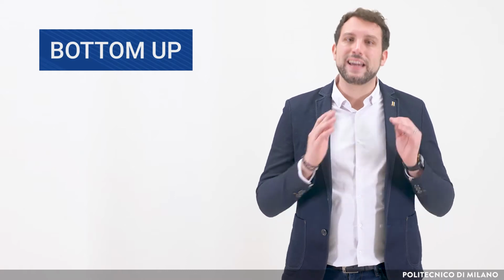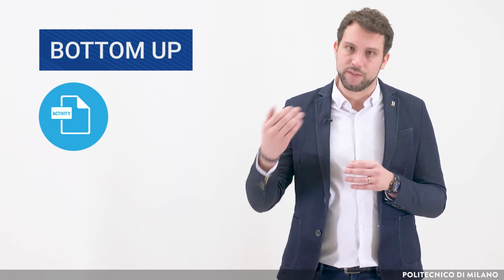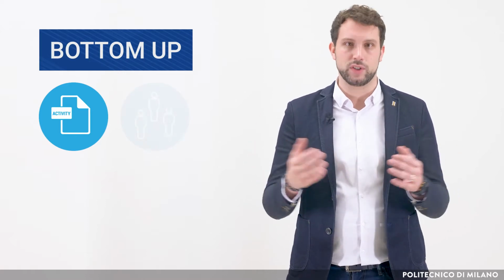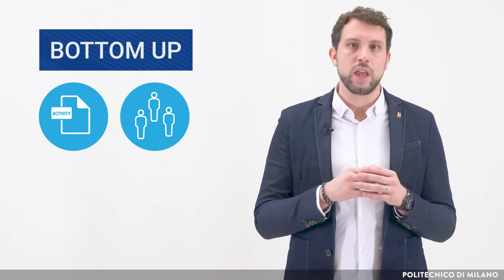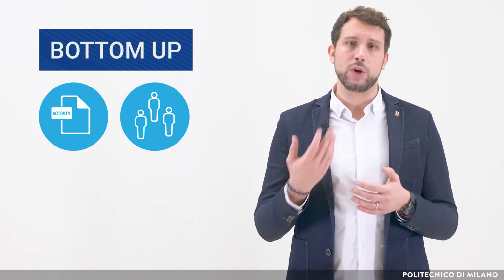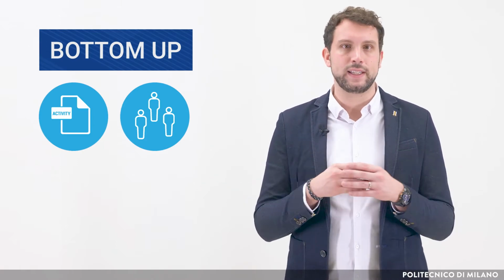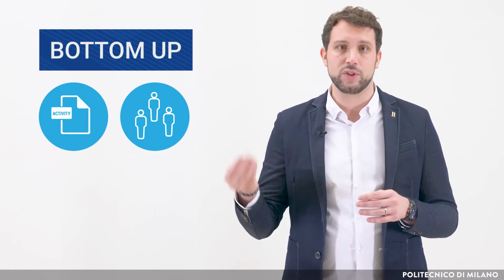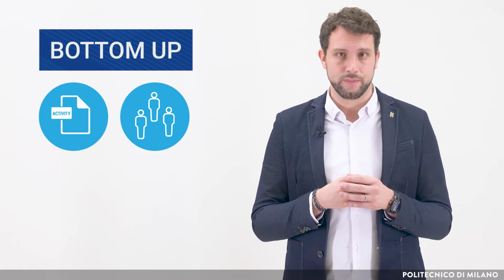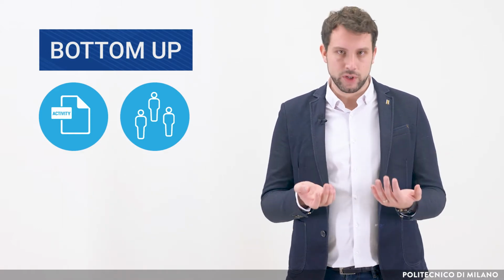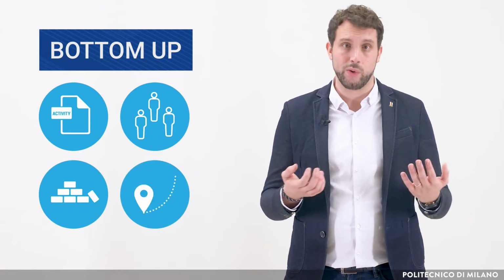You start by defining each single activity you need to perform in order to achieve the project scope. After that, you identify all the resources you need in order to fulfill those activities. Partially, we have done this with the WBS, the OBS, and the RAM. Now, we need to include for all the activities also the other kind of resources we may need to have a complete overview on the cost of the project. Indeed, on top of human resources, we may also have equipment, raw materials, travel, services, and so on.